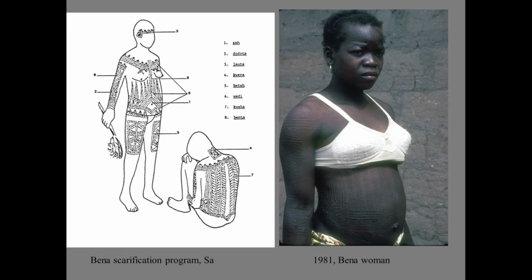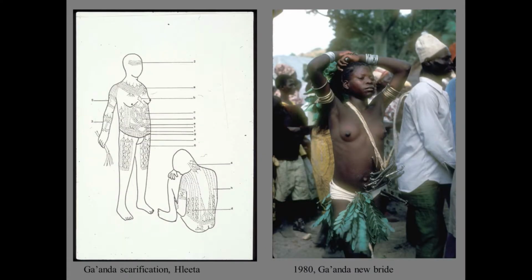So in fact, in this instance, the individual unit is often as important as the aggregation of designs. And it was interesting to see that the designs were actually consistent from one woman to another within each particular ethnic group. And it's important to note that the completion of the scarification program in all these cases was a requirement of marriage and signified the permanent transition of a young woman to adulthood and to the intended social responsibilities of that